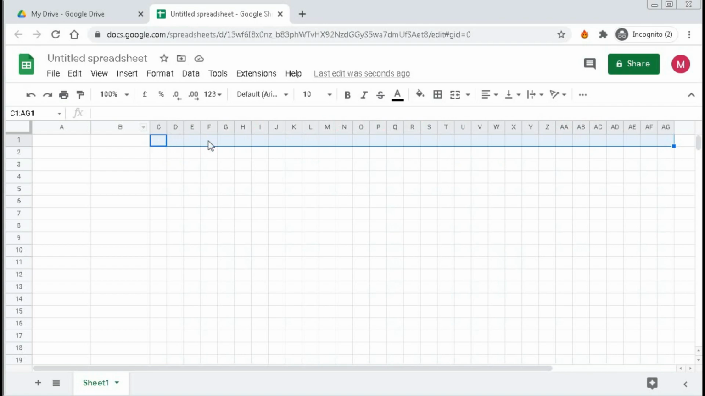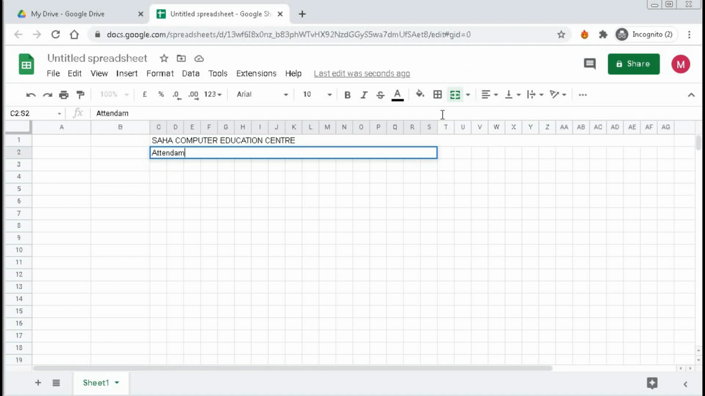So first we'll select the first row up to 31 cells and then merge it. And type here your company name, Shah Computer Education Center, and then select up to S and again merge it and type here attendance for the month